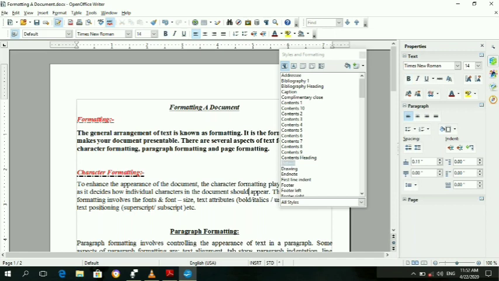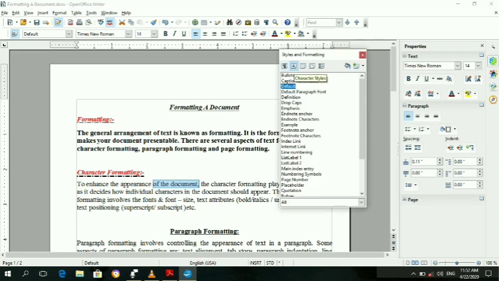If you want to change character formatting, meaning the character style, select the characters from your document and go to Character Styles in Styles and Formatting. After that, select any one option like Main Index Entry.